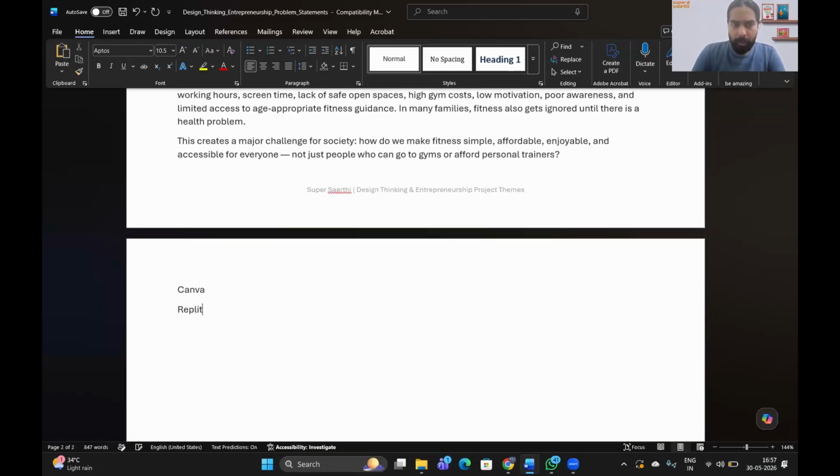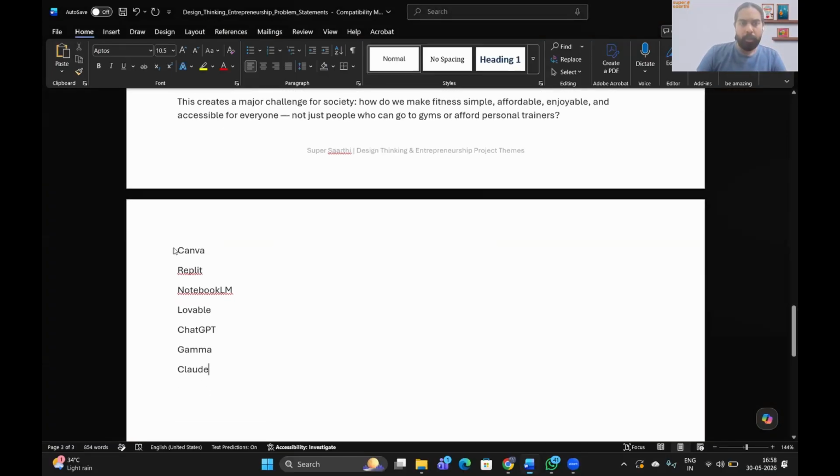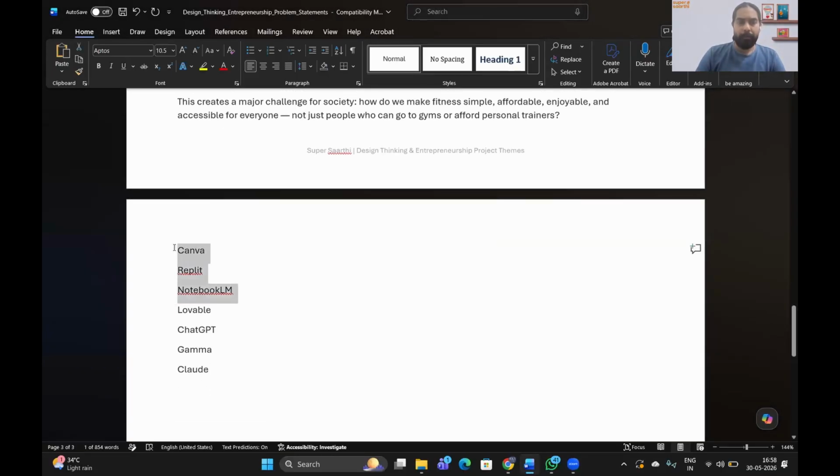Canva, Replit, Notebook LM, Lovable, ChatGPT, Claude. अब सबको नाम दिख रहा है गाइस. यहां से आप ये टूल्स अच्छे टूल्स हैं. फील फ्री टू यूज देम. ठीक है. बट एज आई सेड, टूल ने कुछ गलत डाल दिया, टूल ने कुछ गलत बनाया और आपने वो प्रेजेंट कर दिया, तो इट विल बी योर प्रॉब्लम. इट विल नॉट बी द टूल्स फॉल्ट, गाइस.